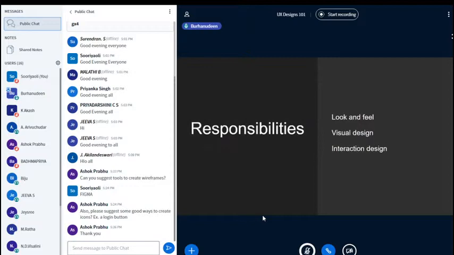It's more about visual design, where you see what it looks like. It's a kind of graphical design, as the participant asked in the question, and the look and feel is more about colors and typography.